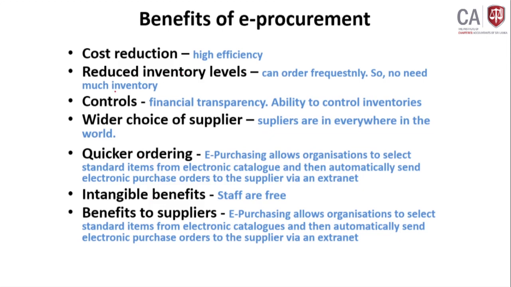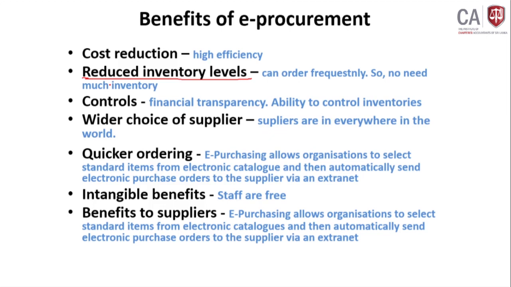Reduce inventory level. You don't need to keep more inventory. Let's say if you are going to publish a bid document in the newspaper, it will take time to design it, and they have to publish it. You have to give 2 weeks for that. Then they will supply the bids at the correct time, and thereafter you have to do the evaluation. There are so many processes in the manual process. But if you have an e-procurement system, those things can be done very quickly.